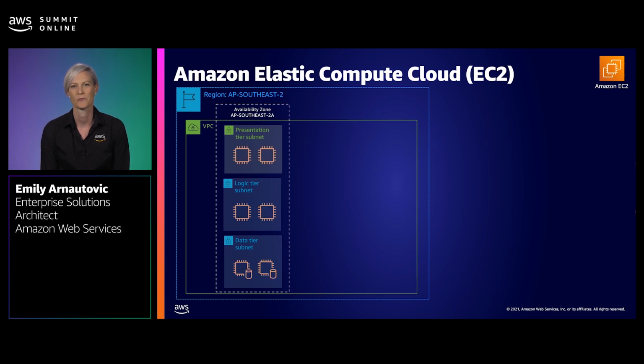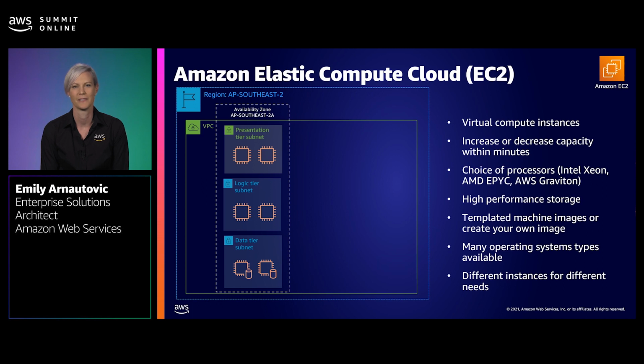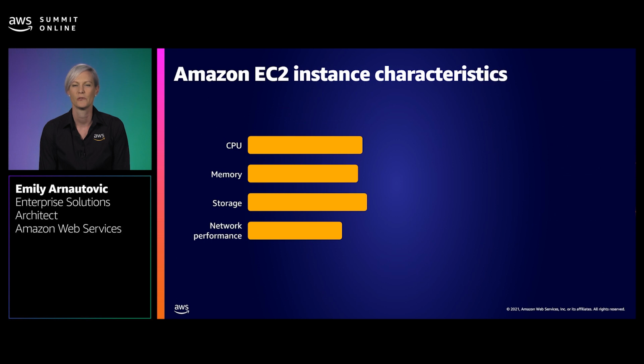Now, there are lots of options for Nikki and her team to choose from, including different processor types and different operating systems. They've got options to use existing Amazon machine images, or they can create their own images, and much more. Let's take a look at EC2 instance types. Like Nikki, you'll need to review the current hardware profile and make a selection for the EC2 instances. AWS has hundreds of instance types, and they're targeted for different types of workloads.